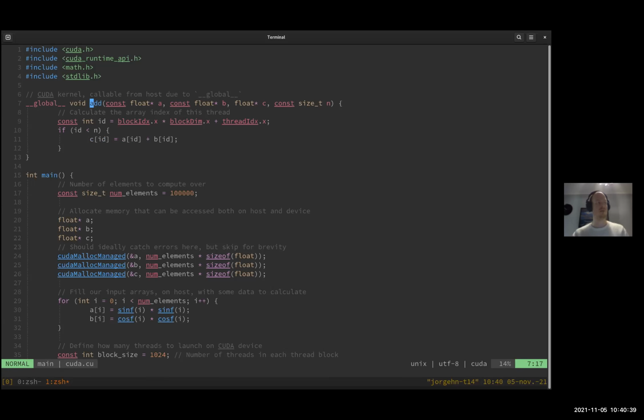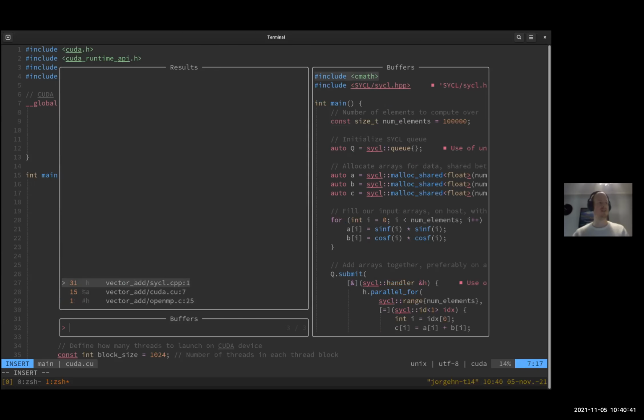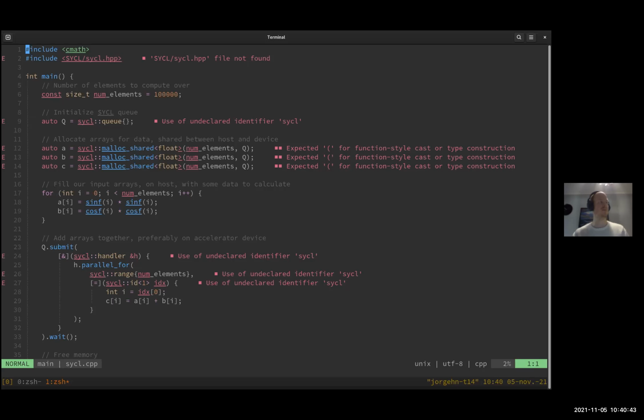So let's see SYCL as the last example. And I must apologize for all of these warnings. It's just my editor doesn't understand SYCL. But anyways, I hope it makes some sense. And you can always come back to the presentation and click on the link for these examples, and you will see the source code there, and you can download it and play with it if you want to. So in SYCL,